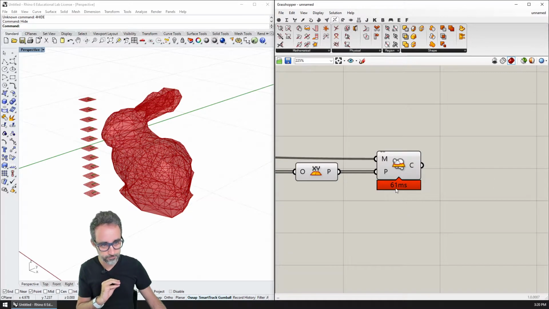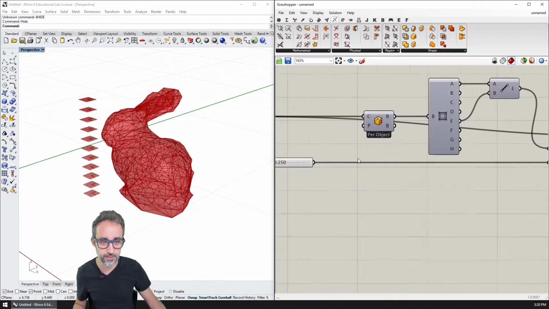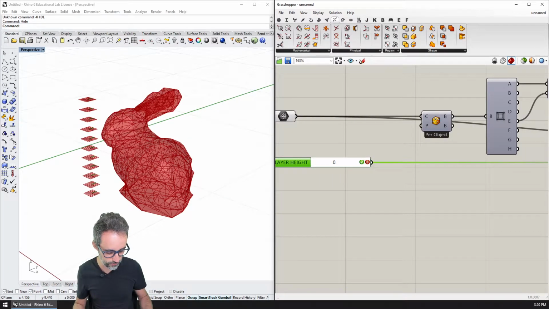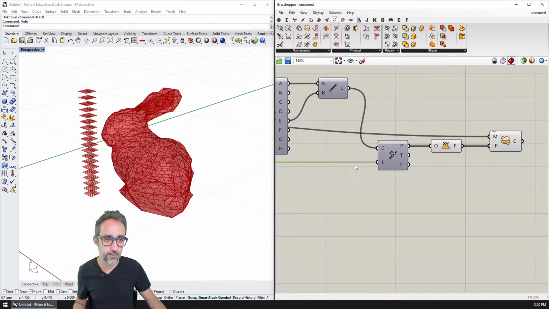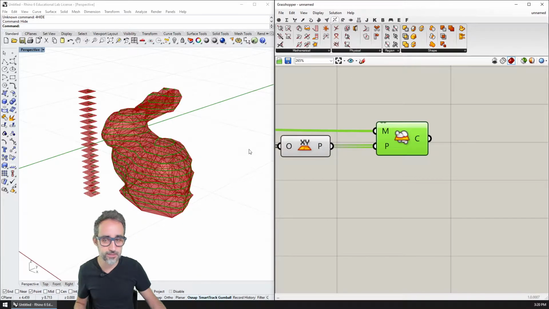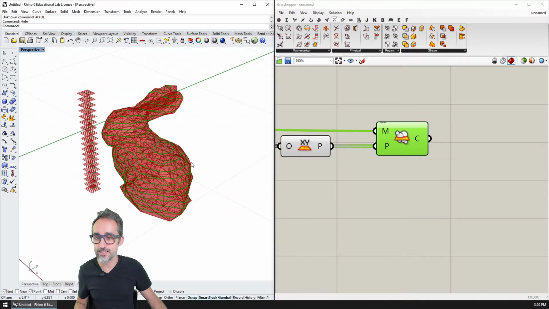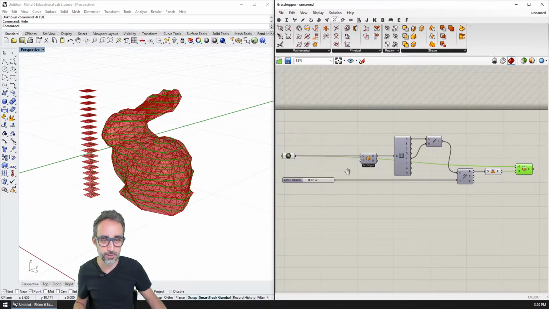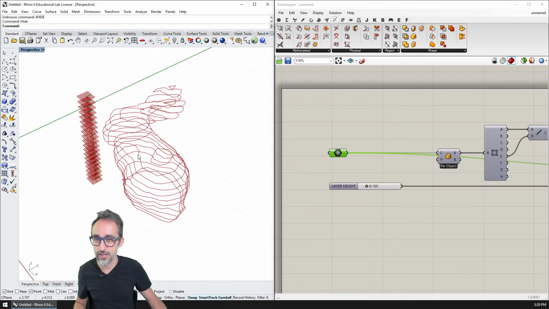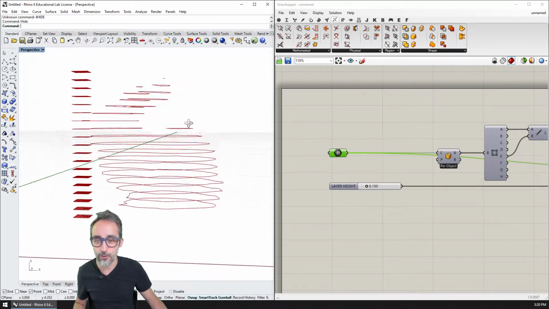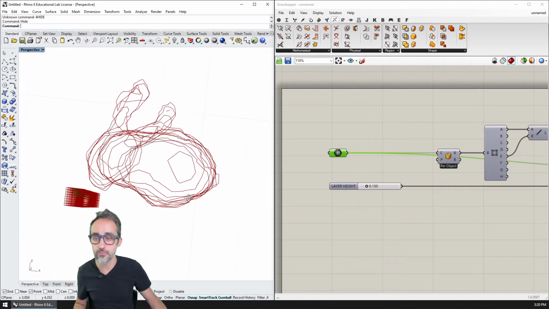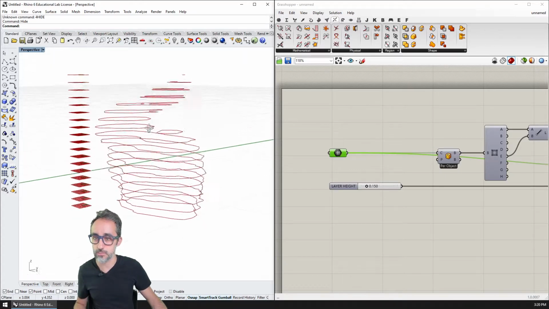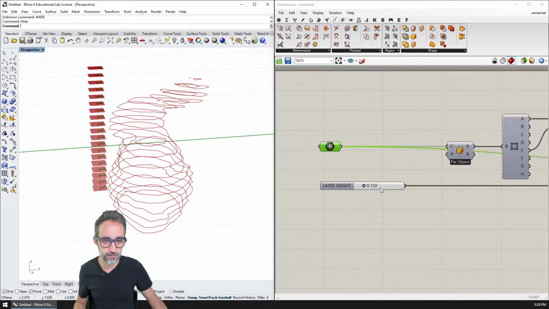And you can see that the operation is pretty lightweight because I only have a few planes, but if I double the amount of planes, so for example 0.15, now the operation is a bit more expensive, but you can see how very nicely I have all my sections for the bunny. And if I turn this off, you can see all the cuts and all the contours that I would be using for 3D printing this bunny, which is kind of nice, correct?